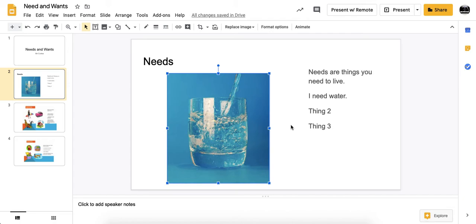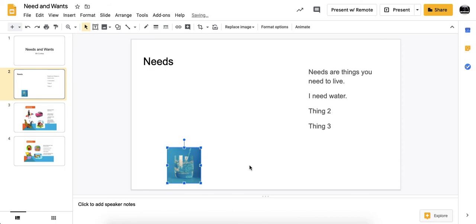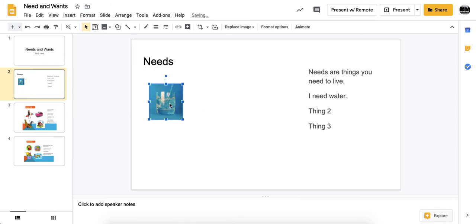For me to make the picture smaller, because remember, I'm going to need at least 3 pictures on here, I'm going to actually drag it from one of the corners, kind of drag it down, and that'll make the picture smaller, but I don't want the picture on the bottom, okay? Going to just drag it to where I want the picture and leave it there, okay? So that's what you're going to do for the need slide,